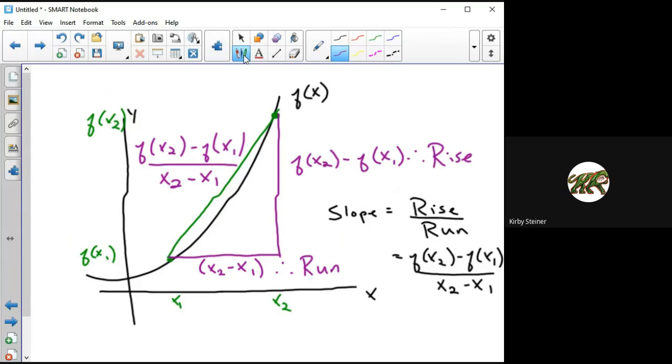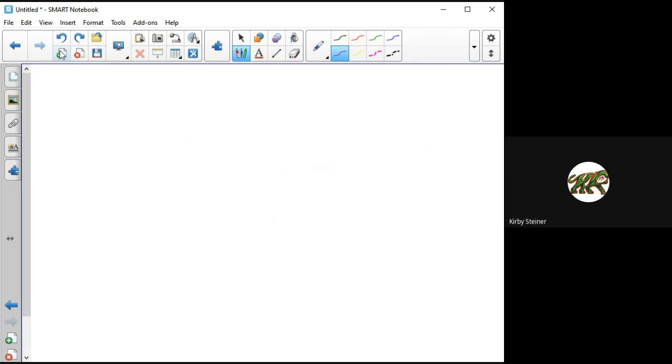So the slope of the secant line is f of x2 minus f of x1 divided by x2 minus x1. That tells us how much the function has increased or decreased over a given interval. All right, so